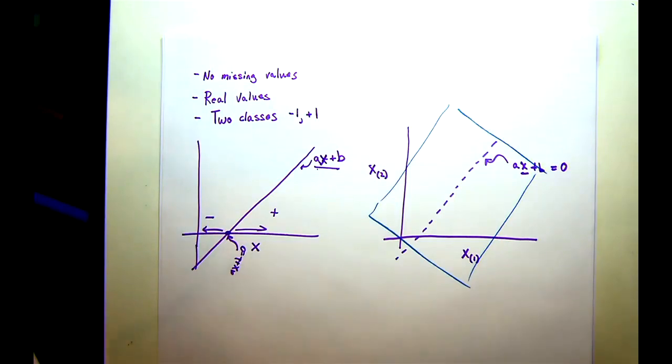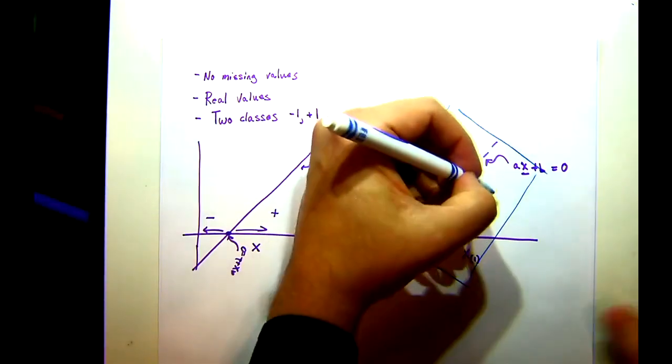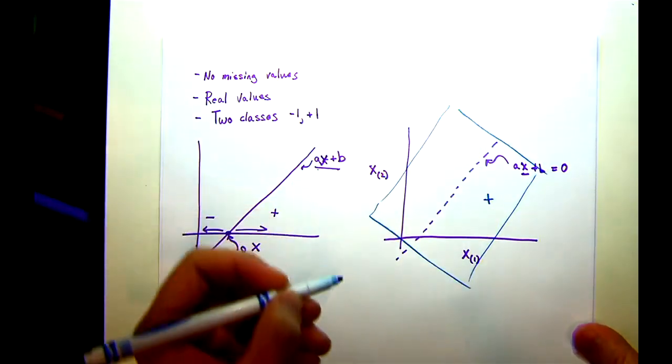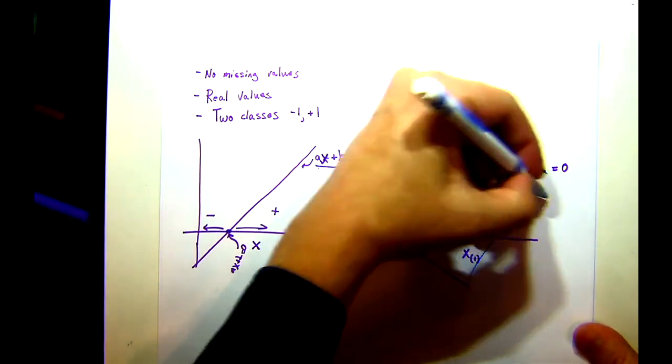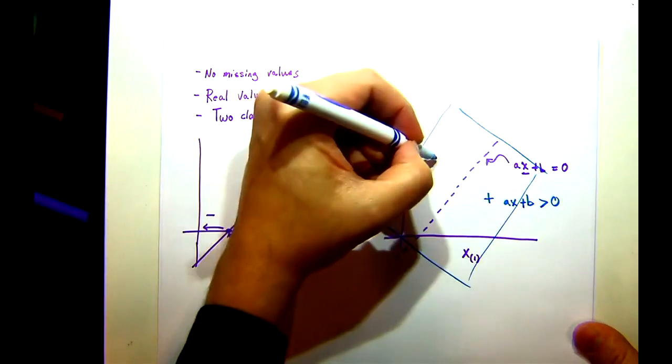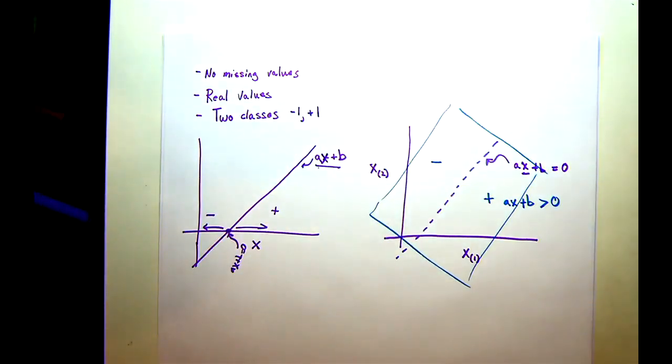Does that make sense? It's sort of like if this was our 2 dimensions, we're going to come up with a plane that kind of cuts through it. And then again, on one side of this, we're going to call everything positive. This is the side where ax plus b is greater than 0. And over here, we'll call everything negative. And this, in higher dimensions, is the same thing. It's a hyperplane of some n dimensions that's slicing up your feature space.